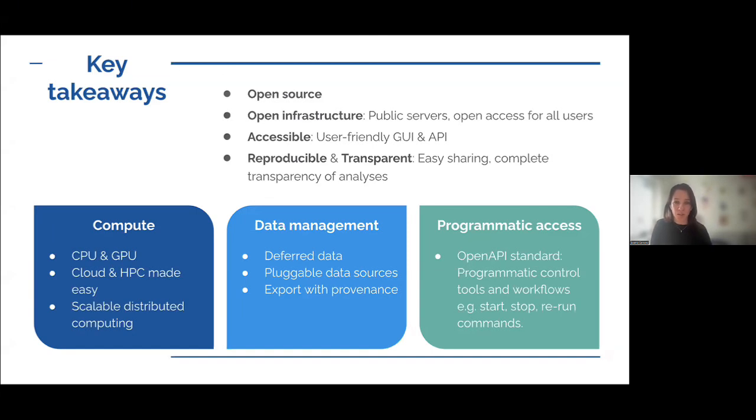There is also open infrastructure. So you have public servers now, and if you don't have the computational resources at your institute to run this analysis, you can use these public ones. So it's open to everybody. You only need an account, a browser, and an internet connection, and that's all you need. That means it's also accessible, and it also has a user-friendly interface that you saw today in different examples.